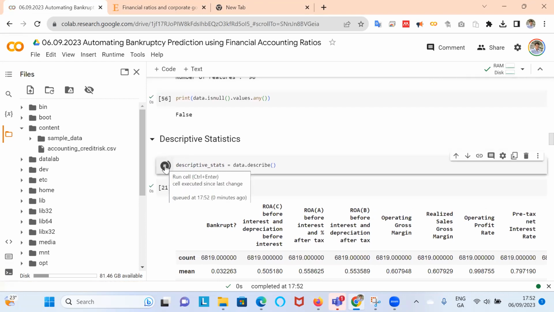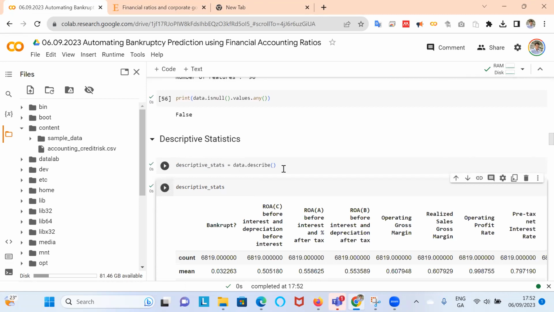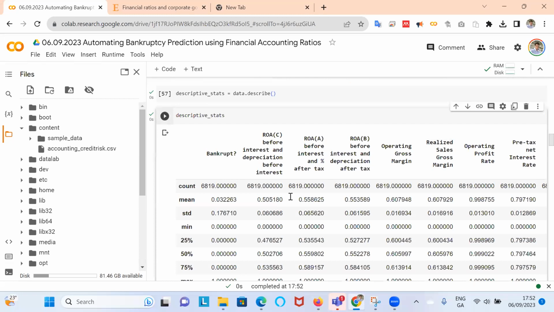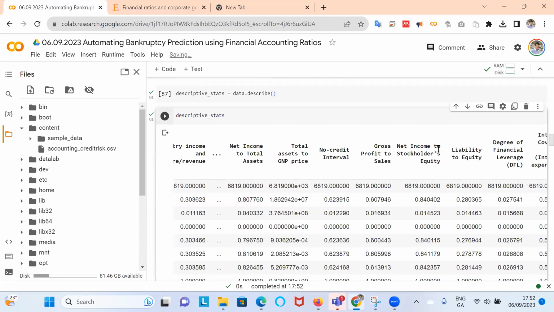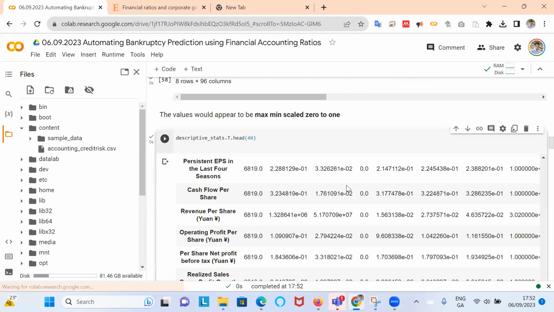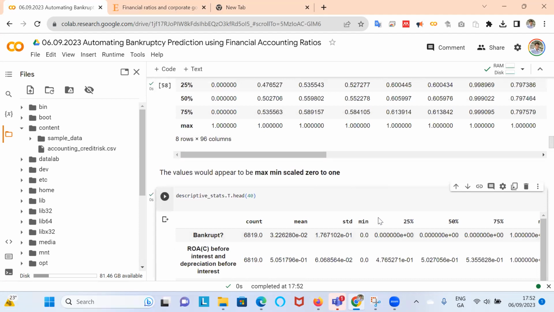Descriptive statistics, and then load that in. So we create this object called descriptive statistics, and we load it in, and we could transpose that. It's hard to read this, so it might be easier to read it the other way around and look at the mean, standard deviation, minimum, and maximum.